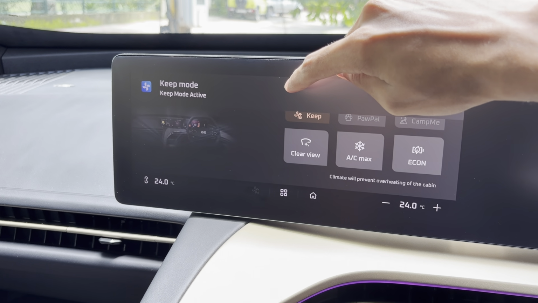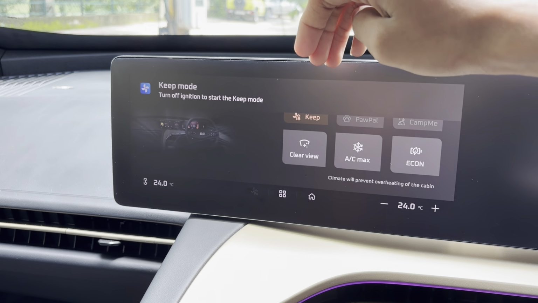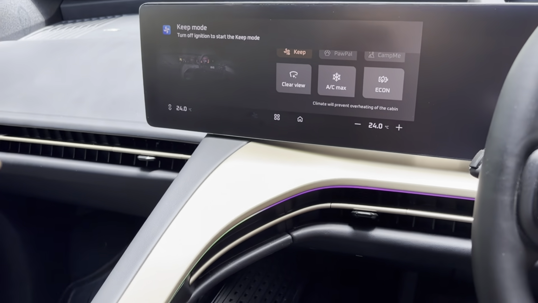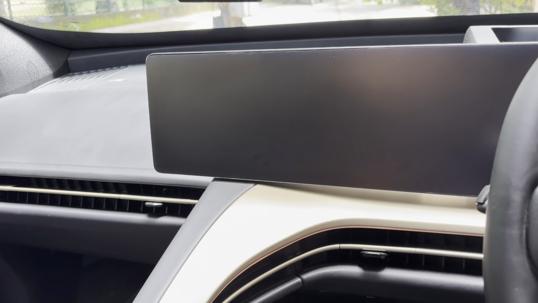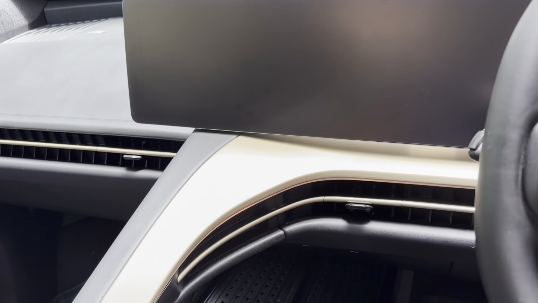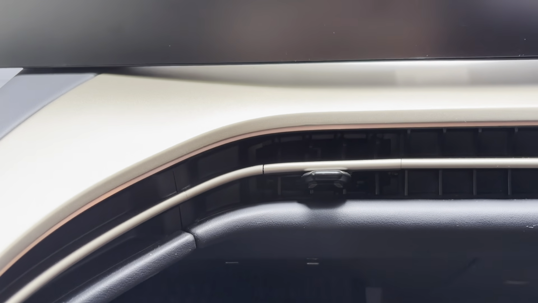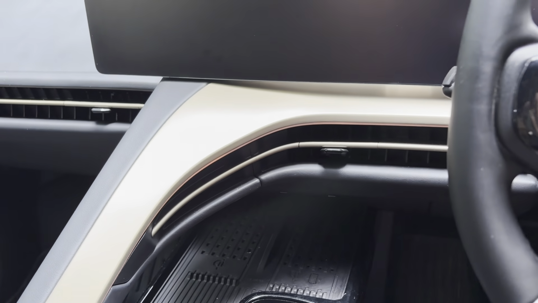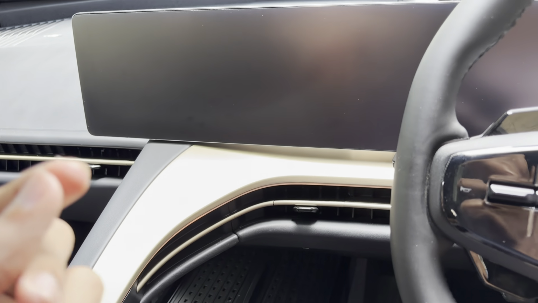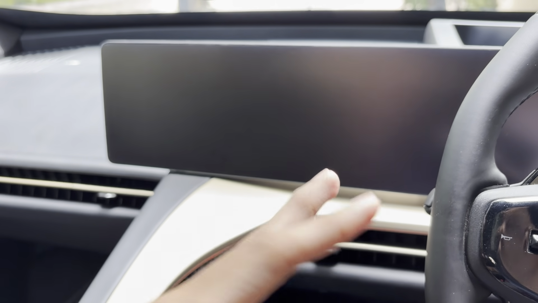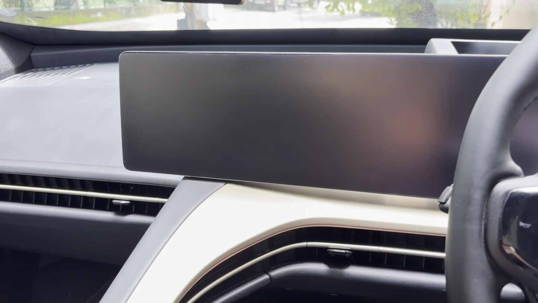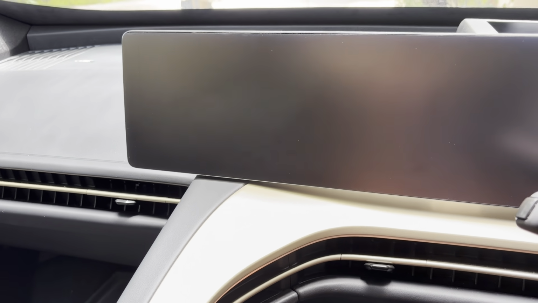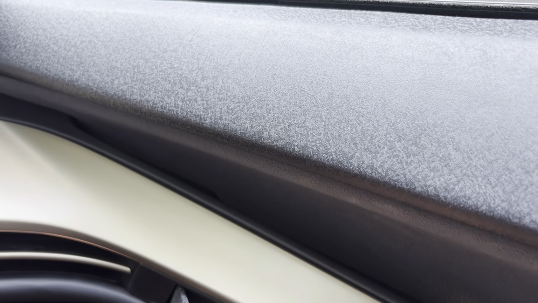So now this is actually the keep mode, and what this does is it says turn off ignition to turn on keep mode. So I've turned off the battery, I've turned off the car, but you see the AC is still working. For keep mode, basically if you're going out of your car for 5 or 10 minutes and you've parked it in the sun and you want the car to stay cool, then you can basically turn on the keep mode. Now let's see if I get out of the car